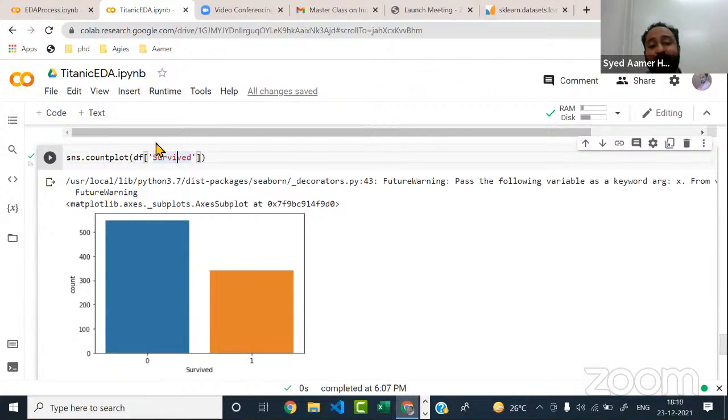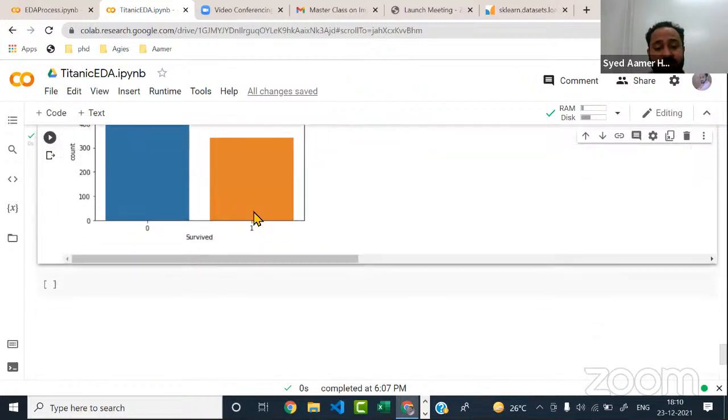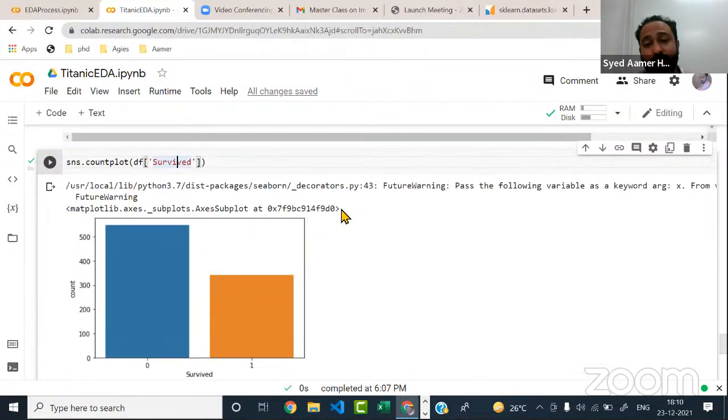So to decide that also, you will perform this operation in EDA, and from this you will be deciding, after doing all the EDA, what you have to do in pre-processing, what columns you have to delete, what values you have to put into the missing values, how your data actually looks, and finally which algorithm you will be selecting. I hope I have done it. Any question from anyone? That was all, like I would say, the introduction to EDA, guys.